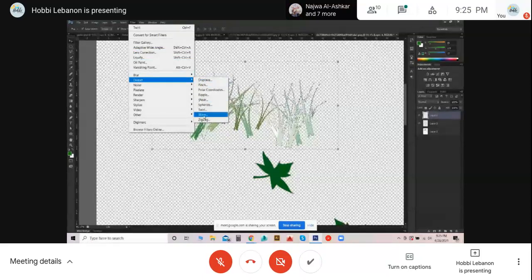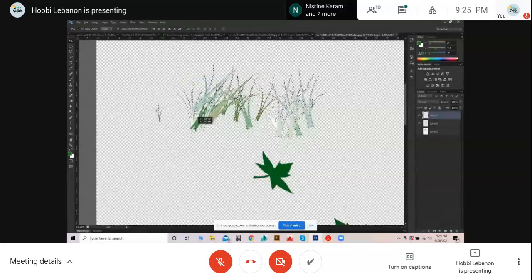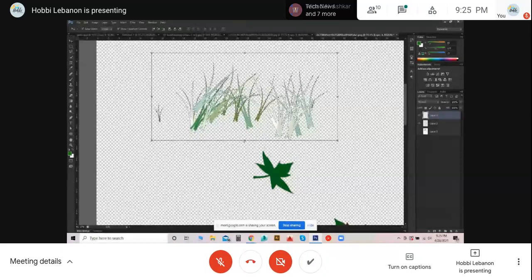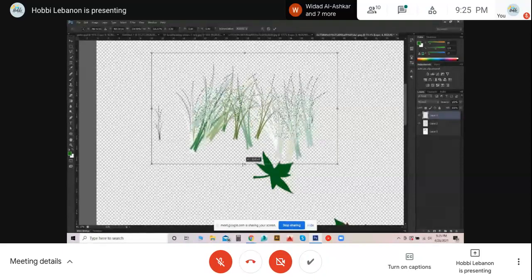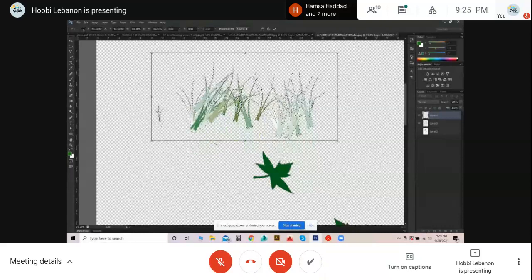So basically, before I convert it to a brush, I make all the adjustments I want on it, and then I convert it to a brush. It is preferable to create a brush according to what you want to work with. If you want to shape it, for example,